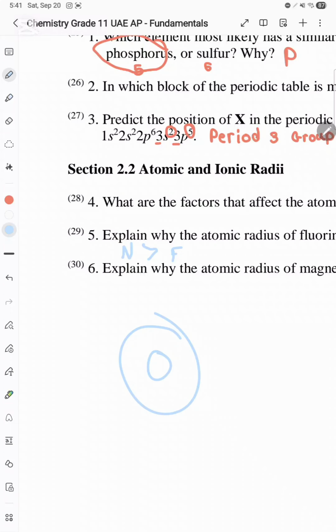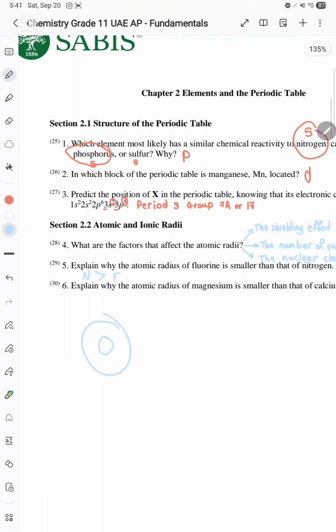So if fluorine has a higher nuclear charge, it can pull the electrons it has more strongly, making it smaller, making everything closer to each other. So they're more held together, you know? So that's why nitrogen is